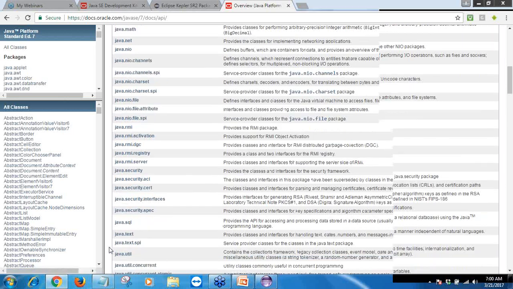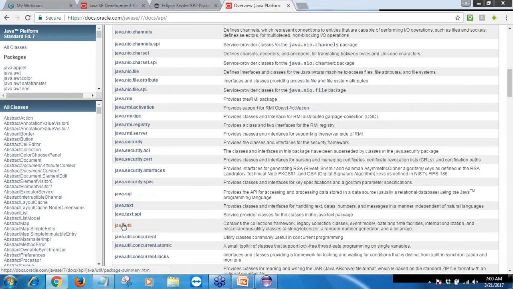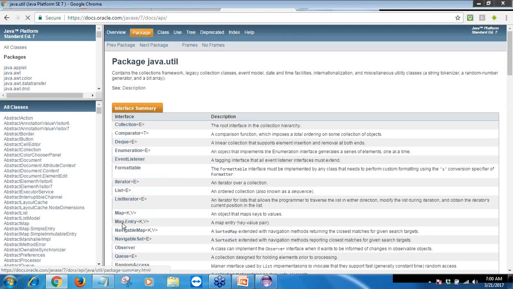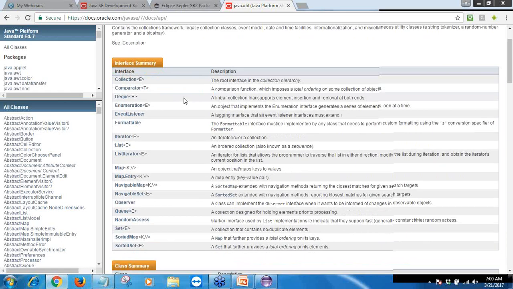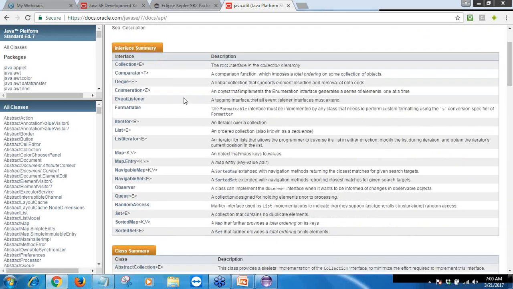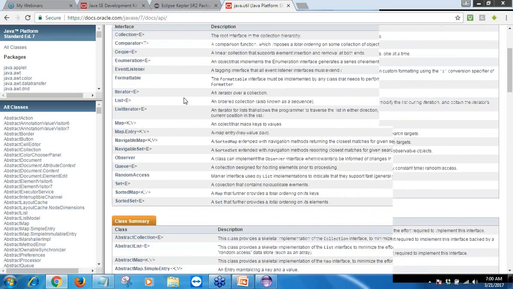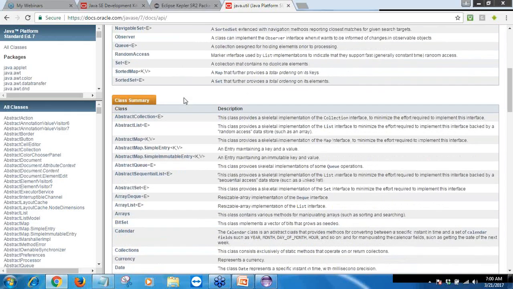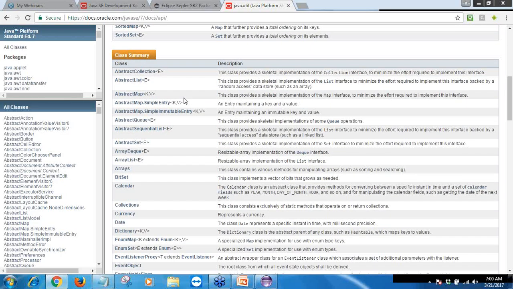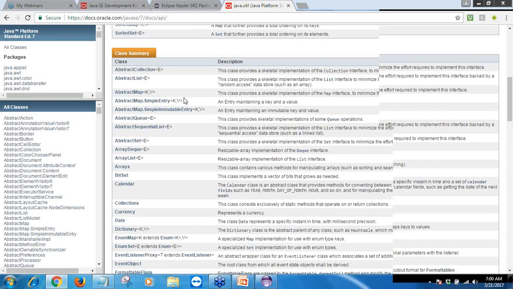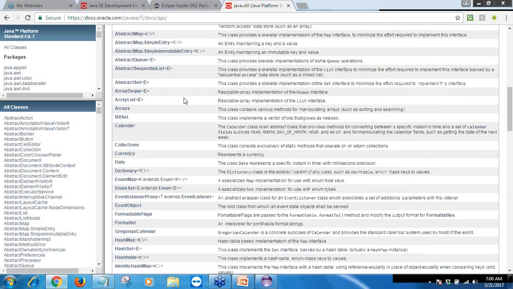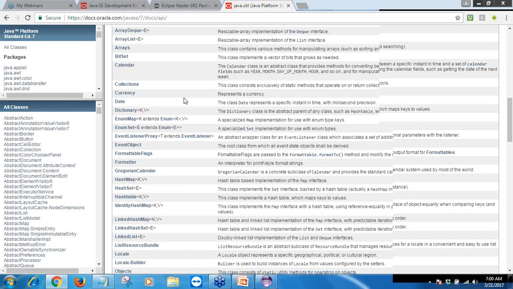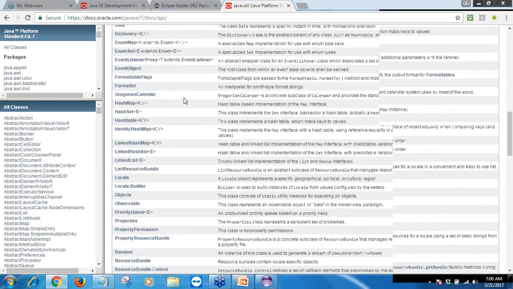Now let's have a look at a package called java.util. So click on it. Once you click on java.util, it will take you to the package information. So it talks about something called interface. We will see that a little later. Then it talks about something called class. Class is where the methods and the attributes are defined. So in this java.util, let's say we take a particular class called